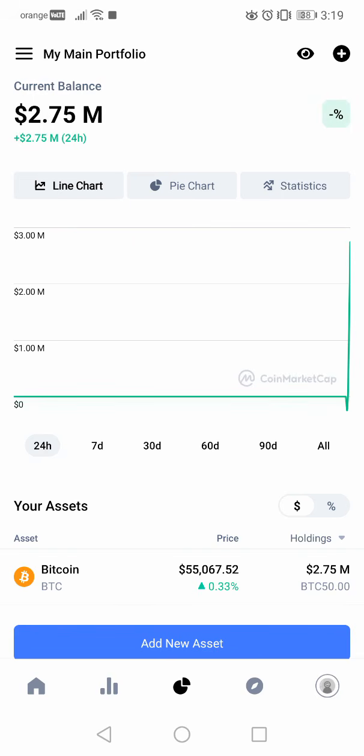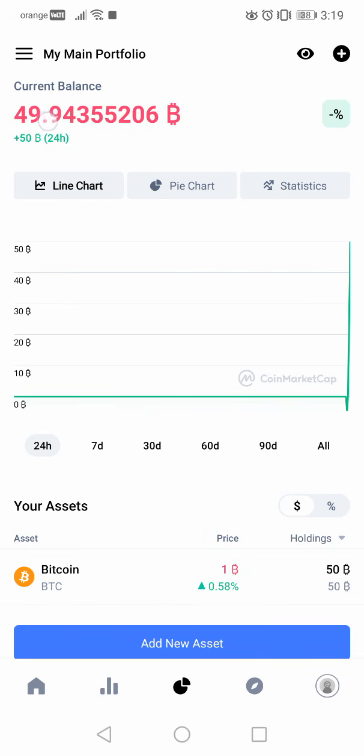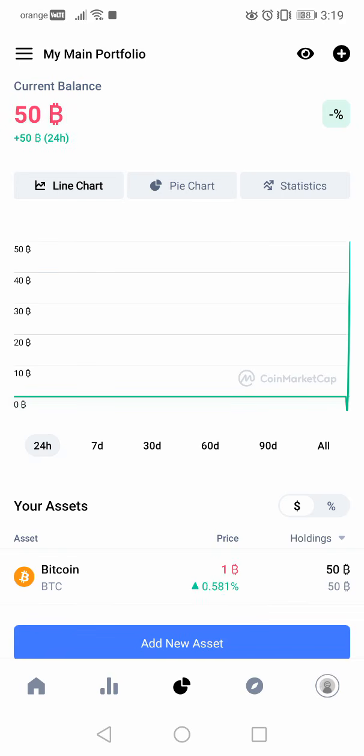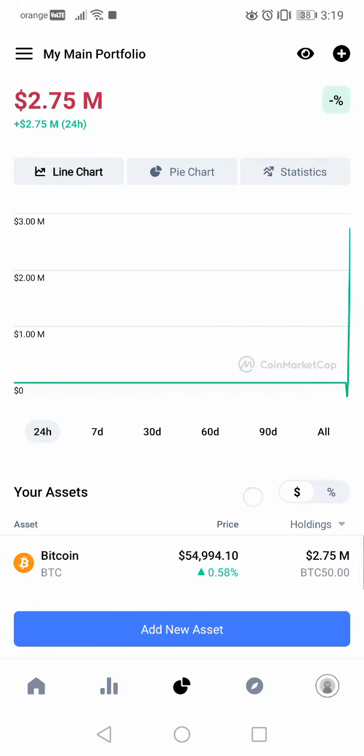The price right now is 55,000 and the holding value is $2,075,000. If you tap on the value, it will switch to Bitcoin. This is the current balance in Bitcoin or in dollars. And here at the bottom you will see your price growth since you bought your Bitcoin. As you can see,